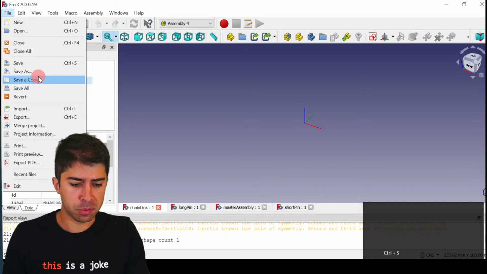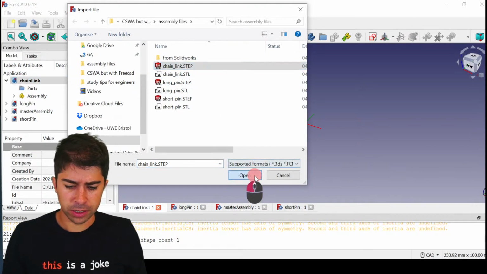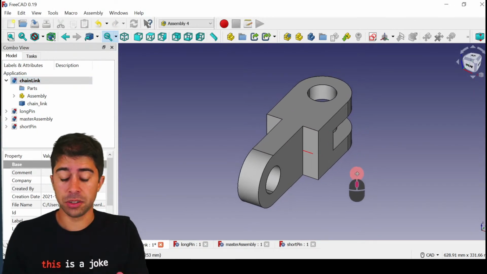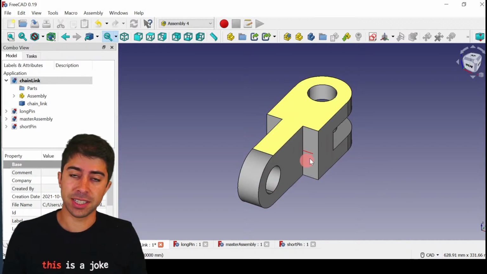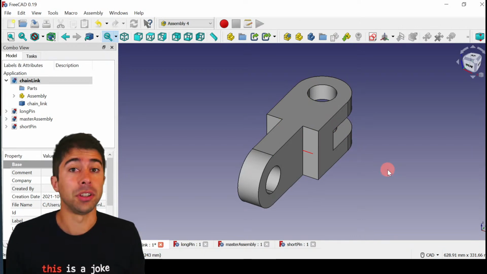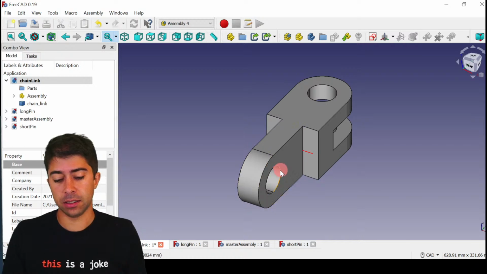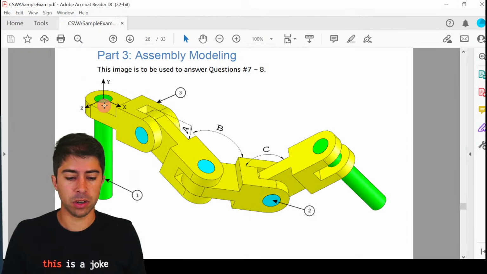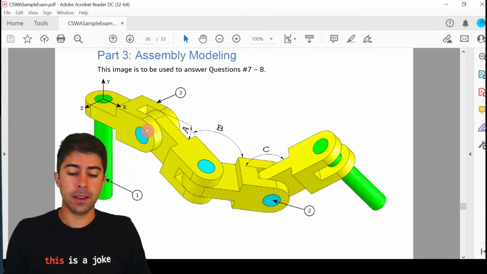So again, I'm going to import my little step file, which I've gotten from SolidWorks, chain link. All right, so now this one, we need to add more local coordinate systems, because you can see there's a little red line sticking out. It's in the center of the part. We're not going to use it at all in the center. We want ones here at the edge, as well as the edge over there. So we want a local coordinate system at the edge on the one hole, and then we want local coordinate systems here in the